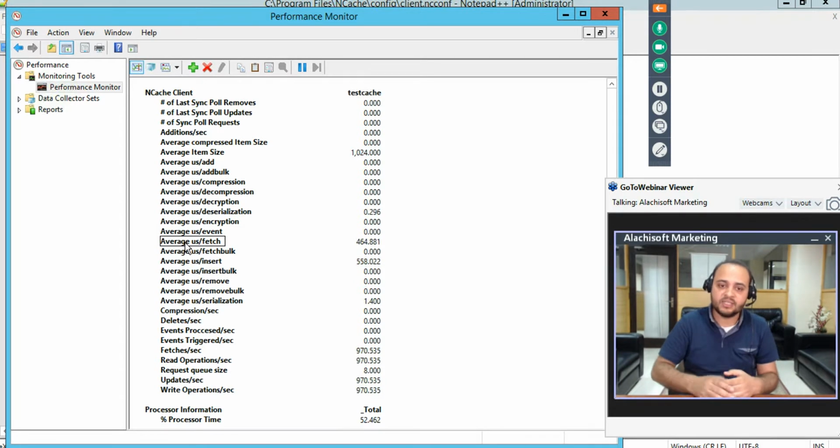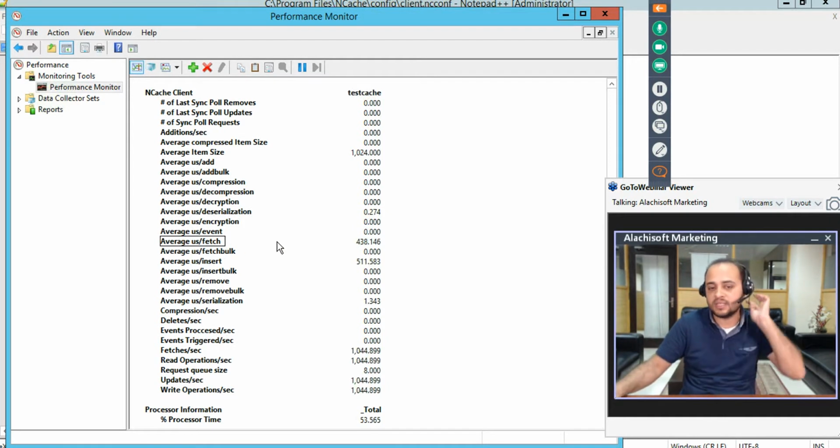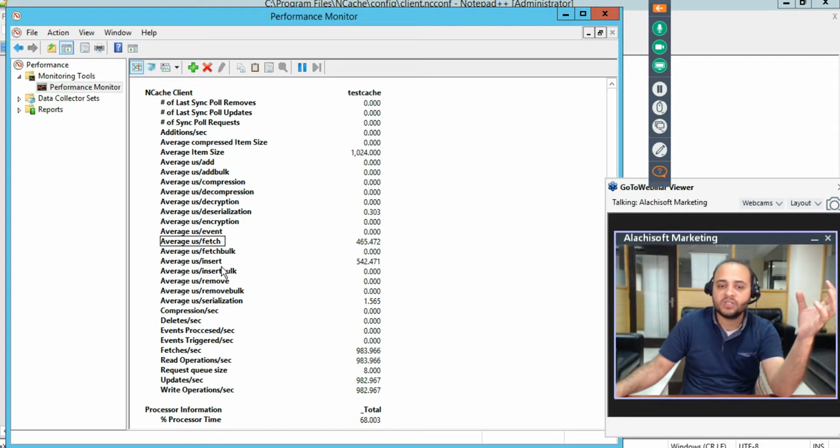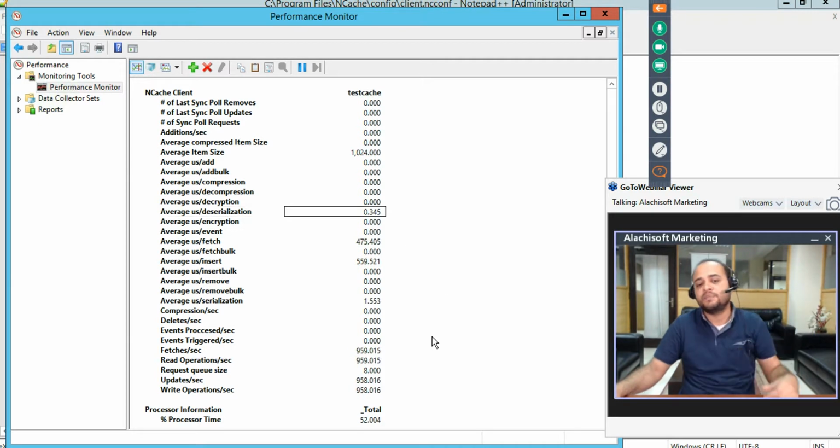and that's the overall time an application took inside your application to serialize. If compression is on, to compress. If encryption is on, to encrypt, and then send it across the wire. It got stored over there, so server time is included, and then it came back and then deserialized. So that's the time of an operation. For fetch, it's just the deserialization. For insert, it's the serialization as well. And you could individually see average microsecond per serialization for inserts and average microsecond per deserialization for fetches. And you could also enable logs around these,